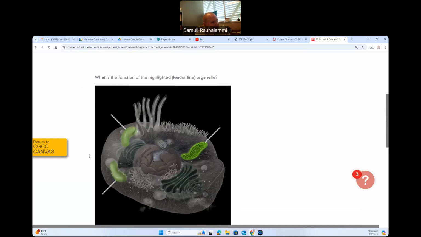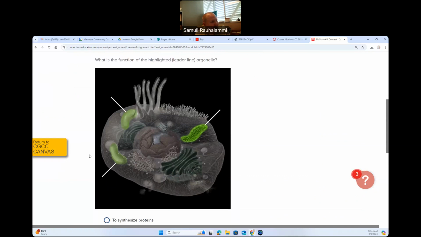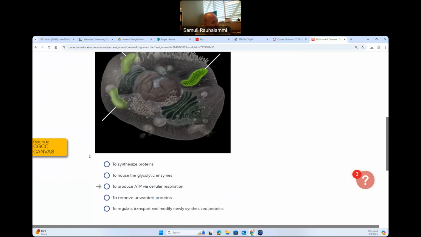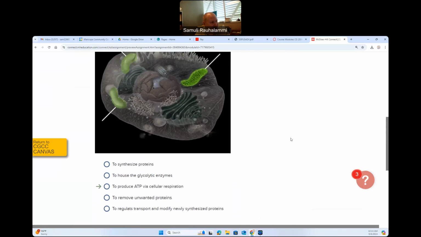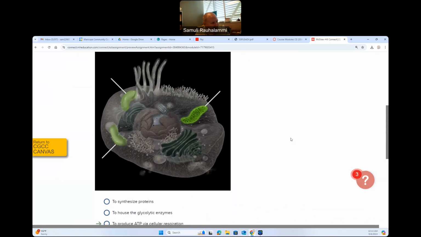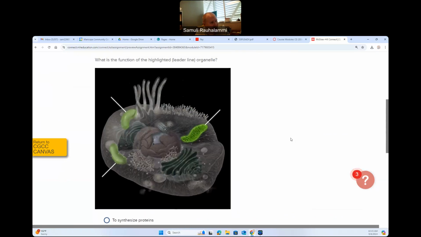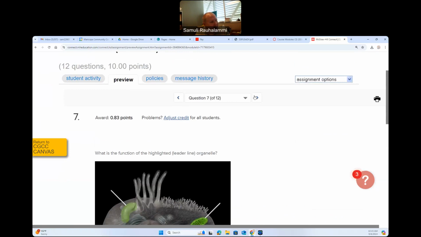Here we have a little different question. We're seeing again a structure. This time it's going to be mitochondria, and we're being asked of its function, and the production of ATP as a part of the process of cellular respiration would be the most accurate description. Often mitochondria is described as a powerhouse of the cell. Do keep in mind though that new research has revealed that there are actually other parts of the cell where ATP can also be produced. Not in as great quantities, but it's not the only part.